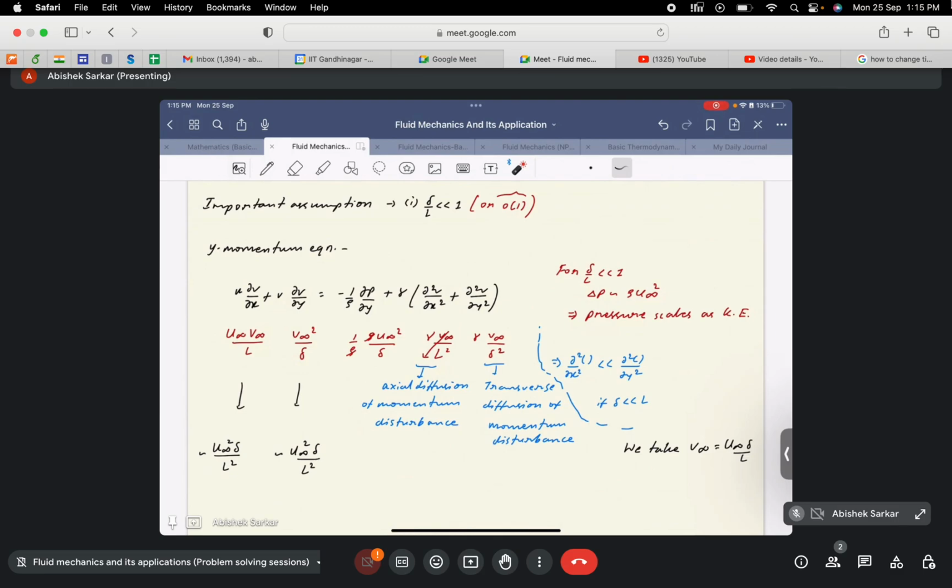Okay, so it's very important. In this case, since inertia drives the flow, our pressure would scale as the inertia, as the kinetic energy. Okay, so pressure scales as rho u infinity square. Rho would be there and y scales as delta. Nu would be there, so v scales as v infinity, so it will scale as mu v infinity by L square. Similarly, it will scale as mu v infinity by delta square. Now,